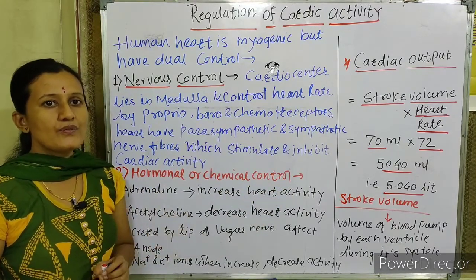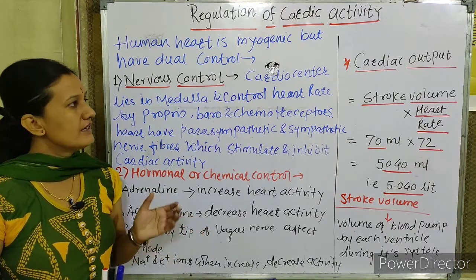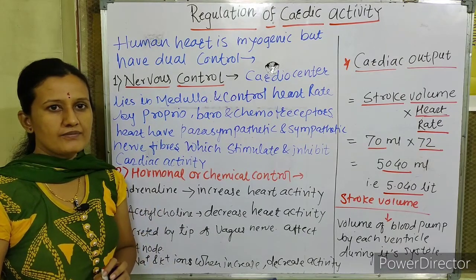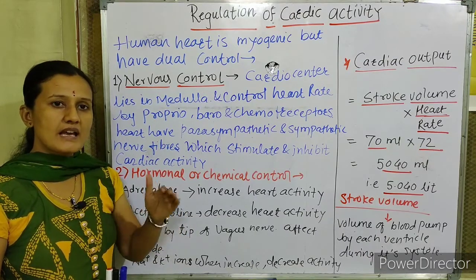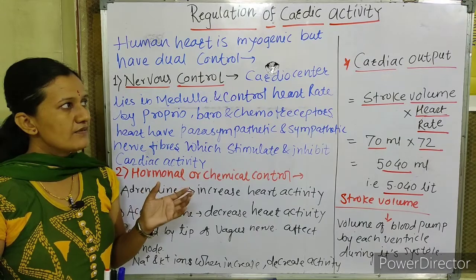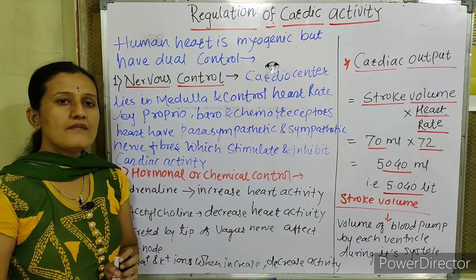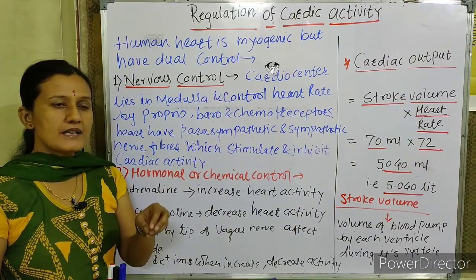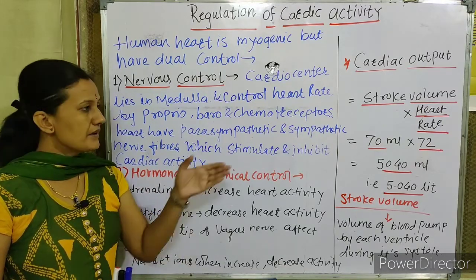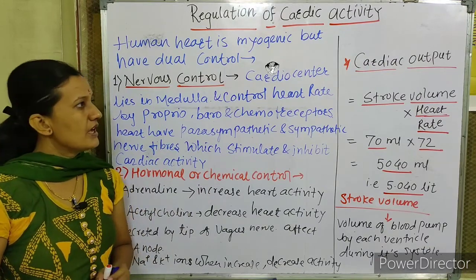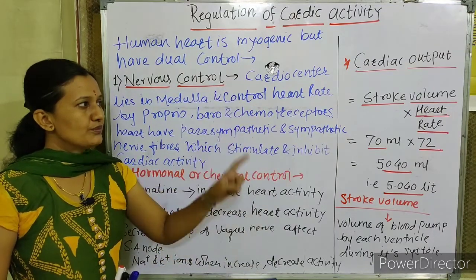In the last video, we have seen about the pumping action, internal structure and the mechanism of cardiac activity. How cardiac activity is carried out in our body, and their output is in the form of cardiac output. Cardiac output means how much blood is pumped by the heart during each heart rate. Cardiac output is calculated by one formula, that is stroke volume into heart